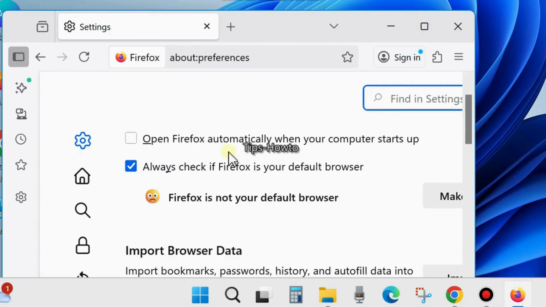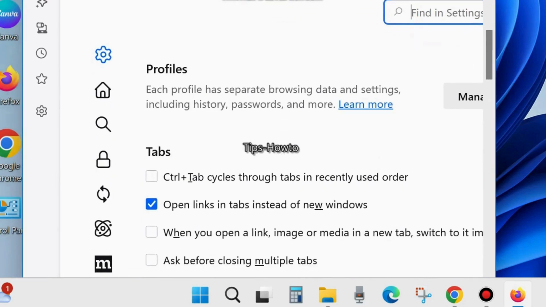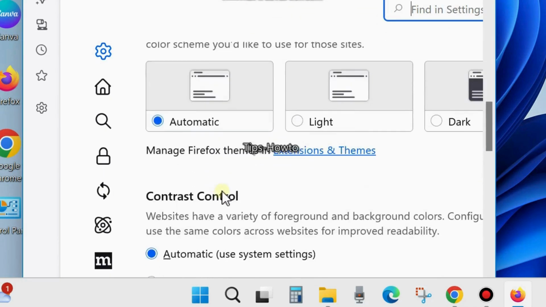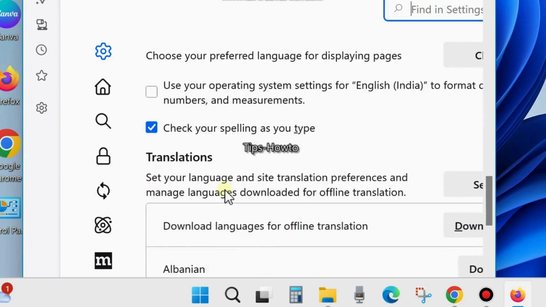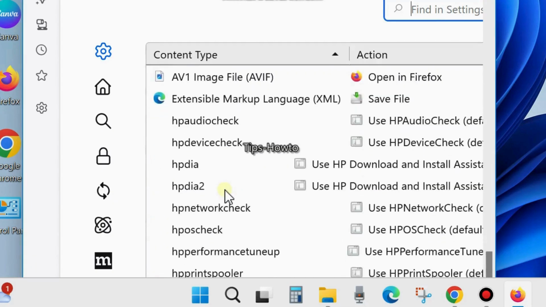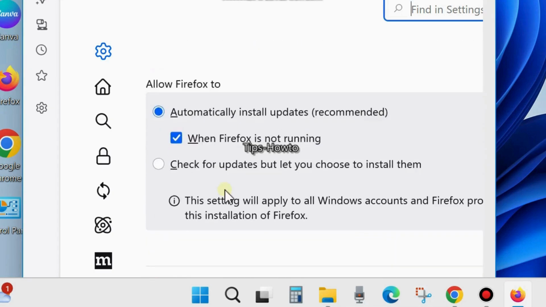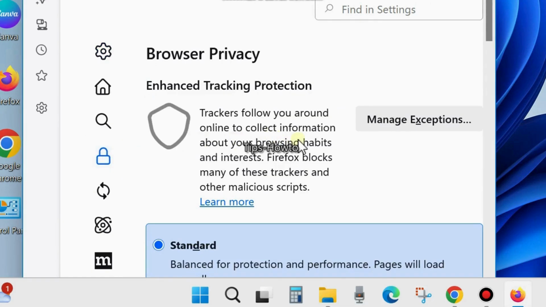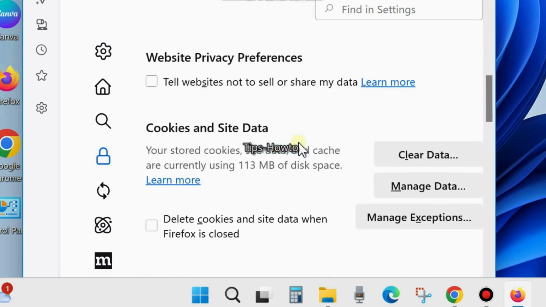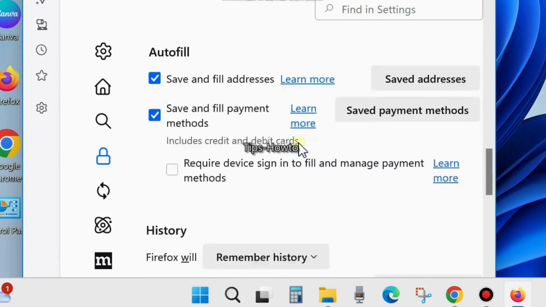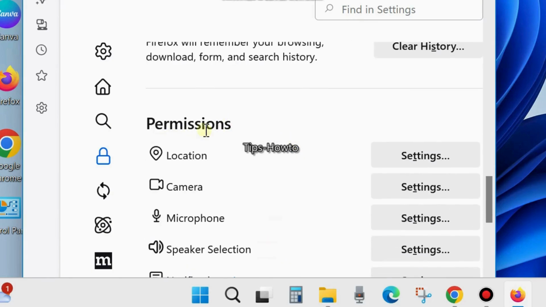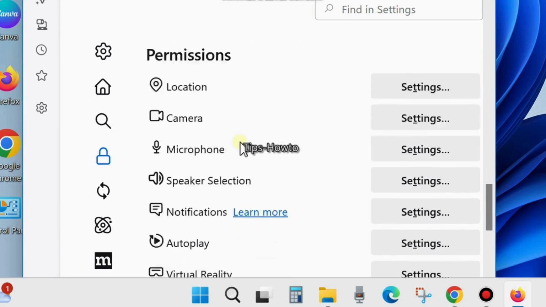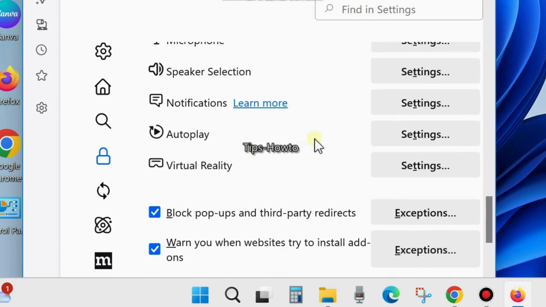Here from the appeared menu, scroll down and go to the section privacy and security. Here scroll down and you will find the option autoplay. Under permissions you will find autoplay options. Click on settings